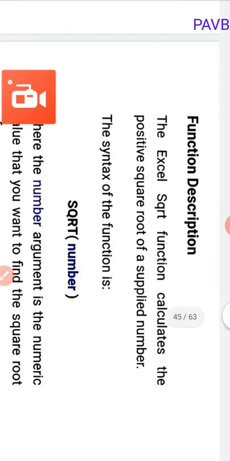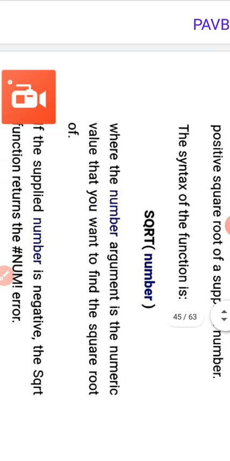Next function is SQRT. The Excel square root function calculates the positive square root of a supplied number. Equal to SQRT, bracket, number.